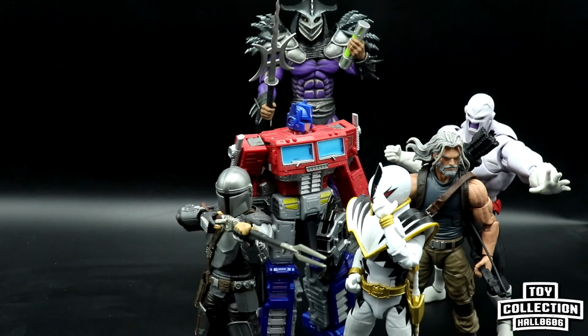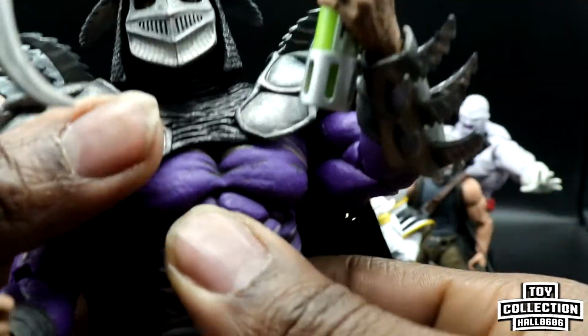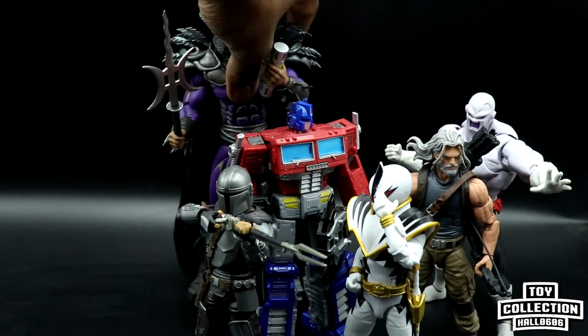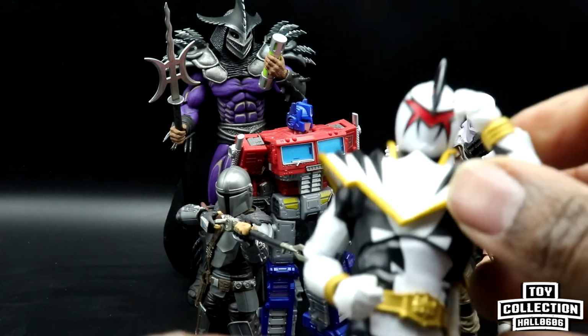I'm not a big Star Wars fan, but the Star Wars stuff has grown on me. I love what NECA have done with the TMNT stuff. It is just the price point. I don't know how they do it. They deliver such great looking figures with a decent range of articulation at such a good price point, very low price point. The Hawkeye, as much as I love that, I thought I would love it more, and I do,